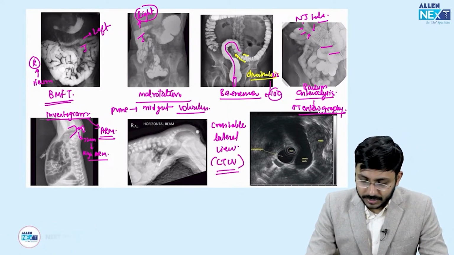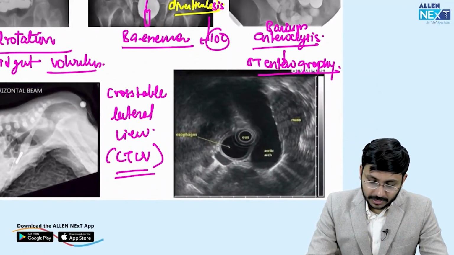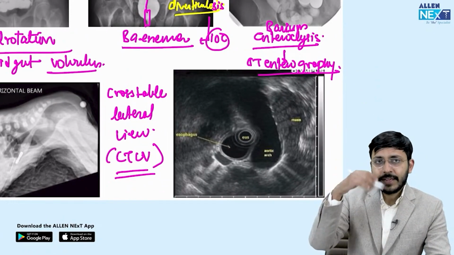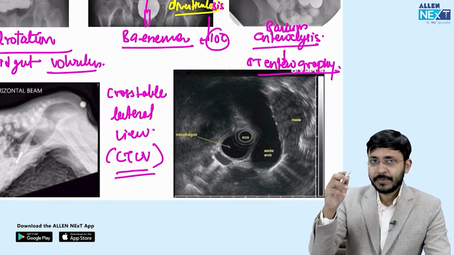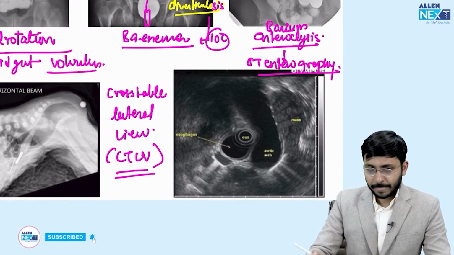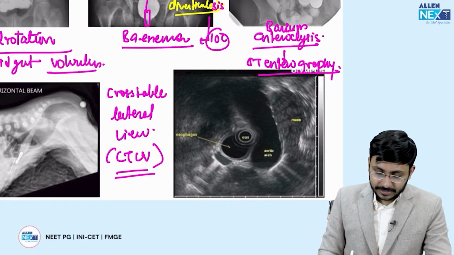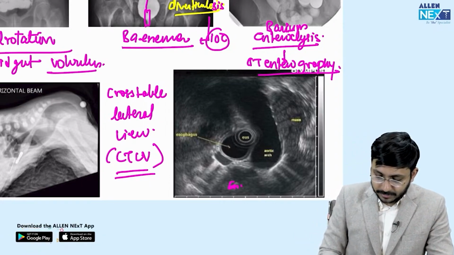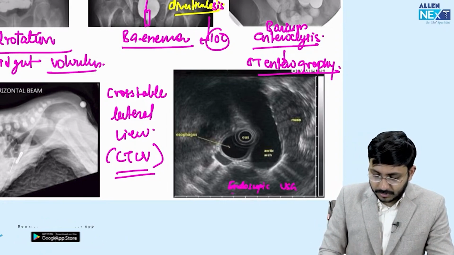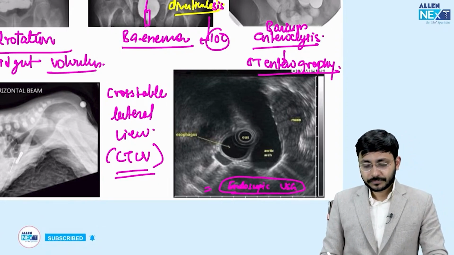Okay. Now, which is this last image, or the seventh image? Here we see various layers. Whenever you are seeing various layers, you have to suspect that it is a bowel. And if you are very well able to visualize layers in circles, then it is an endoscopic ultrasound. This is an endoscopic ultrasound. Okay,